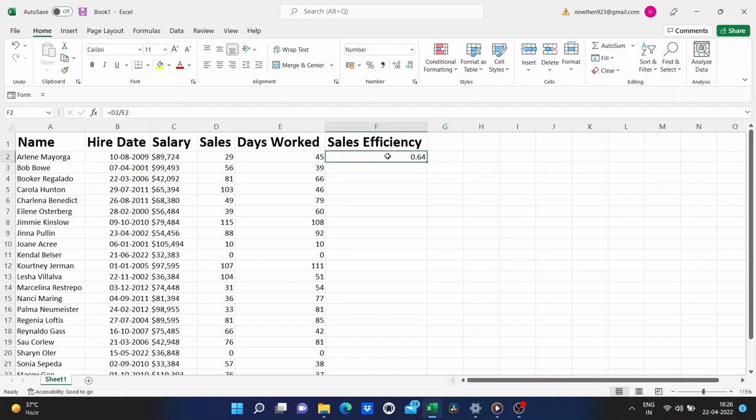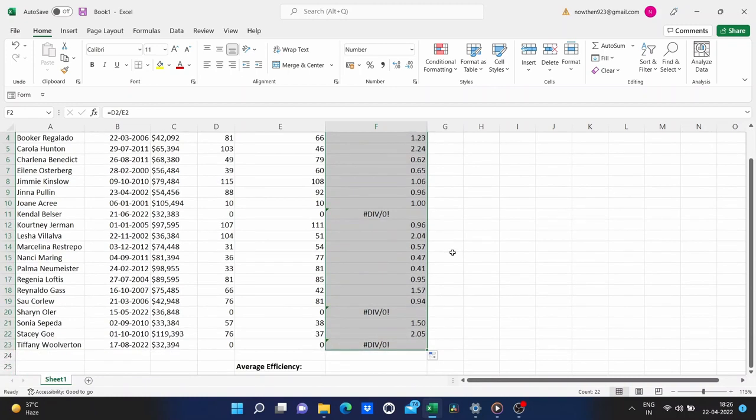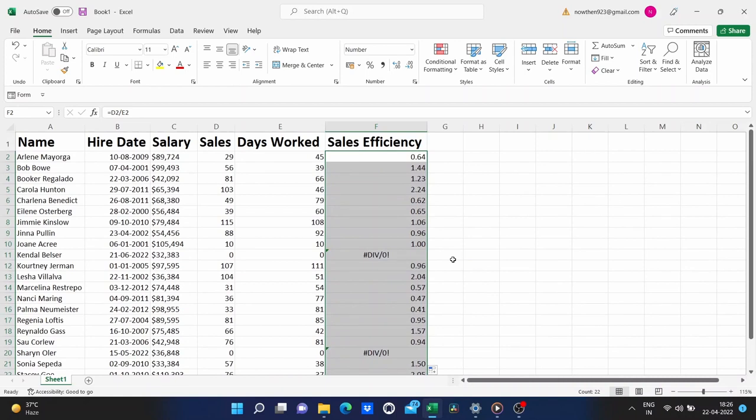Now, I can apply the same formula all the way down the spreadsheet, just by double-clicking on the autofill handle, the little green square in the lower right-hand corner of the cell that I have selected. So, I'll double-click there. It copies it down in the sheet, updating the cell references so that it's always dividing the cells that are to the left of the cell in question.